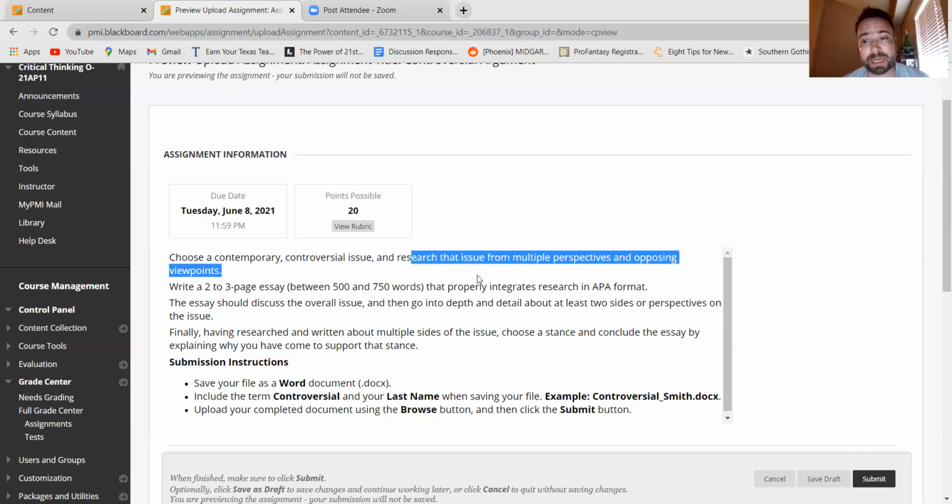Second, make sure, cannot stress this enough, that you are researching multiple perspectives, at least 2 sides, right? Represent those sides fairly. Let's say your topic is abortion and you know you're pro-choice or pro-life or whatever side you're on, right? That doesn't mean write 500 words with awesome research about how your side is great and then 100 words about the other side. Balance it. Do the research to learn both sides or multiple sides of the issue.